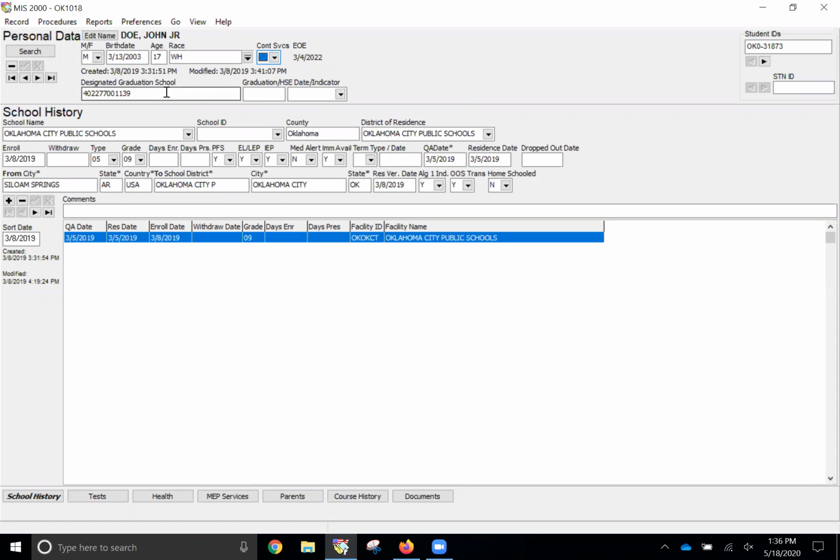Then for the high school, they want us to enter the designated graduation school, but not the name of the school. We need the school ID, the national ID that is in the National Center for Education Statistics. They assign every school an ID. That's the ID that we need in here. That's why Oklahoma City has this. This is the Oklahoma City High School, because this student is in 9th grade. So that's why